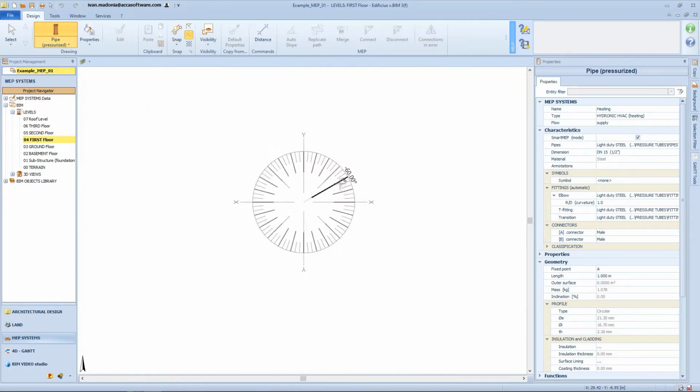After the first click, the protractor appears on the screen, which, as in 3D, also in 2D can be used as a tool to define the direction and verse of a pipe by means of the angle snaps that appear in reference to the protractor itself. The main angle snaps are represented by the X and Y axes, which identify the directions of the global reference system axes. They correspond to the angles 90 degrees and -90 degrees along the X-axis and 0 degrees and 180